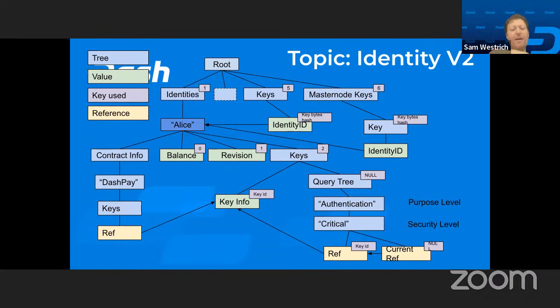For example, you could get all the keys that are necessary for DashPay, or you can get the authentication key to verify that an identity had signed something correctly, and many other things. So your client would actually need to request much less data and in a queryable form.